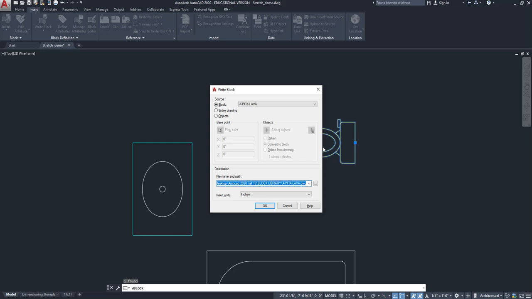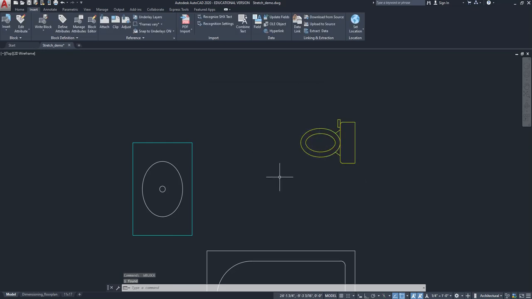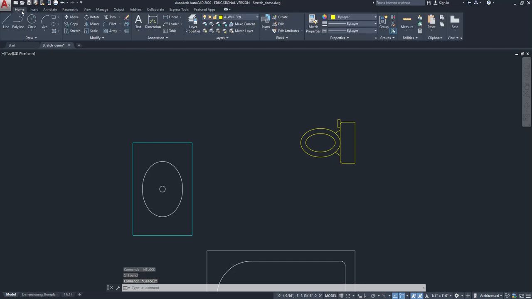So convert to block means it creates this block and it automatically inserts it into your drawing, okay. So when that happens, it's automatically inserted on the current layer. This layer is a wall exterior, and that's why it turned yellow, because it was inserted onto that current layer, okay? And again, it does that because it was created on layer 0, and layer 0 allows blocks to assume the properties of the layer that they were generated on